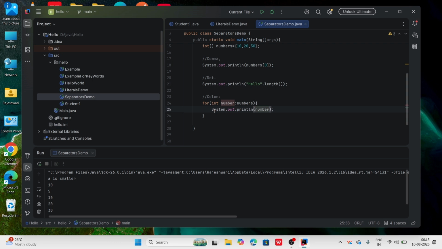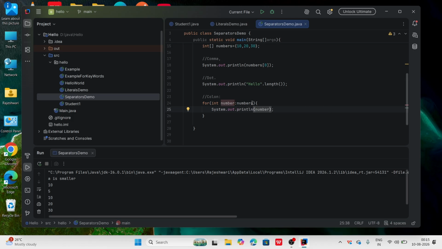Okay, after that you are writing System.out.println dot. You are writing dot, guys. Hello dot length. So inside hello, how many letters are there, guys? H is 1, E is 2, LLO 1, 2, 3, 4, 5. So 5 letters are there. So that's why we are getting the output 5, guys. Inside hello we have 5 letters, so we are getting the output 5, guys. After that,